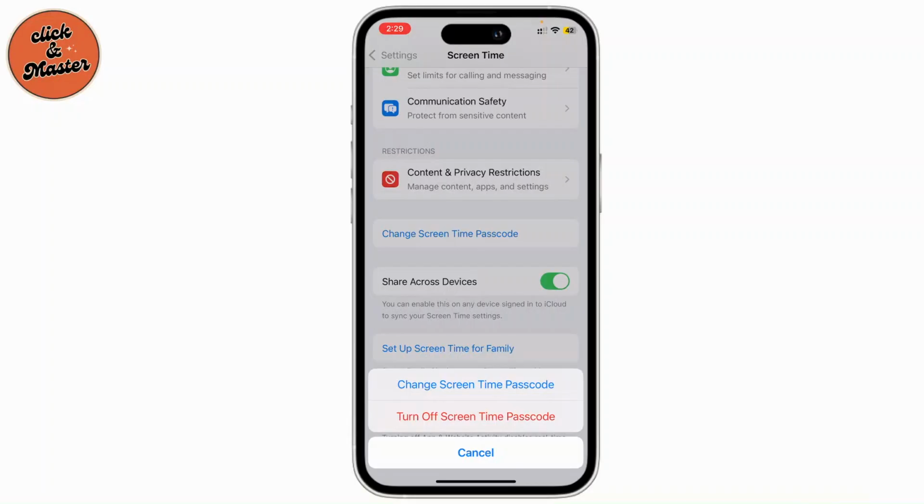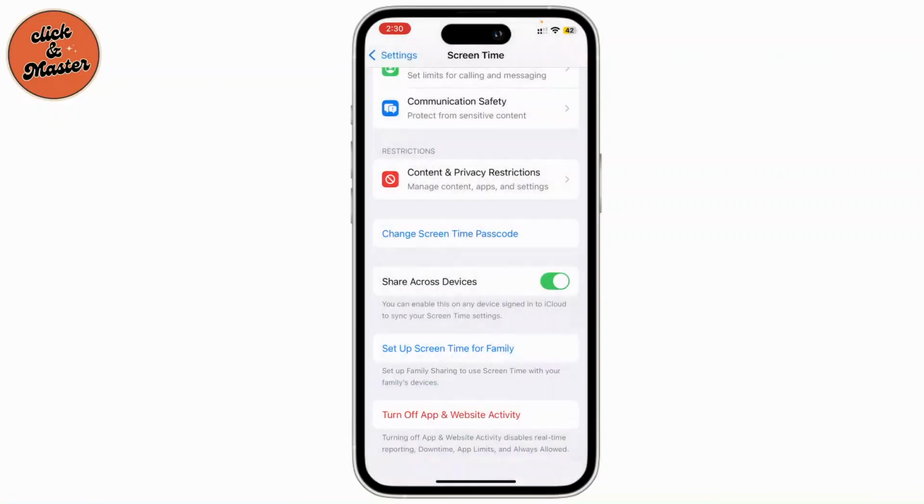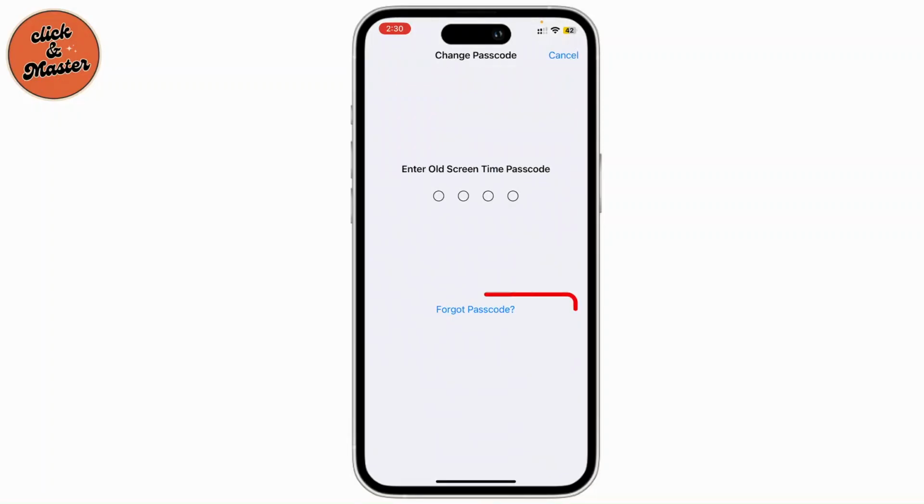But be careful. You don't have unlimited attempts. If you enter the wrong passcode, you'll get a failed attempt notification. And if you try too many times, you could be locked out. So, what you can do is go to the change screen time passcode option, and then there you can choose forgot